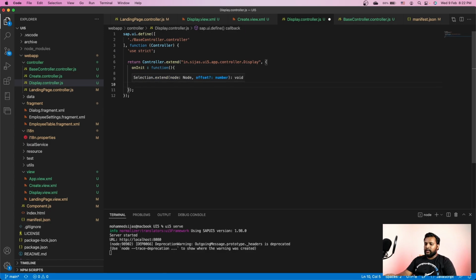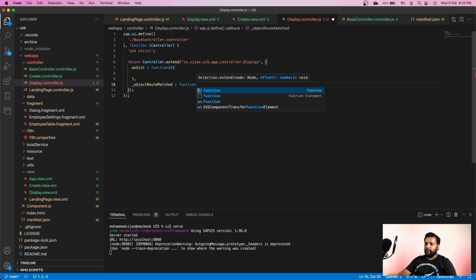In the onInit method, let me write a new internal method called display route matched, or object page, let me call it _objectRouteMatched. I'm just writing a function,